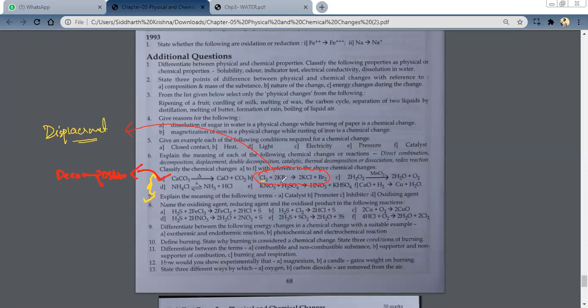यहाँ पे क्या हो रहा है, एक कंपोनेंट दूसरे कंपोनेंट को रिप्लेस कर रहा है, डिस्प्लेस कर रहा है, राइट? सो दैट इज हाउ दिस इज योर डिस्प्लेसमेंट रिएक्शन. ओके. And is it redox also? Yes, sir. It is redox also. In the last class we had seen how here the charge is 0, here the charge is -1 for chlorine. ठीक है? So this is oxidation, right?